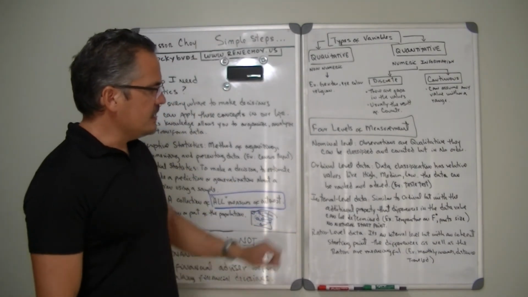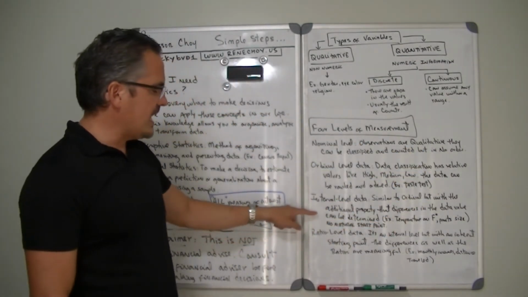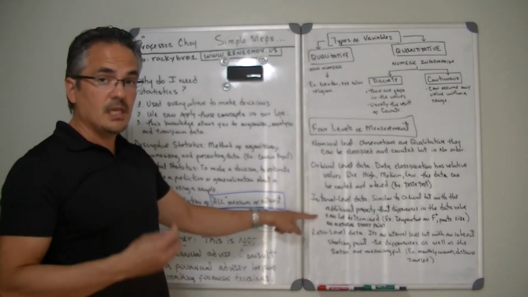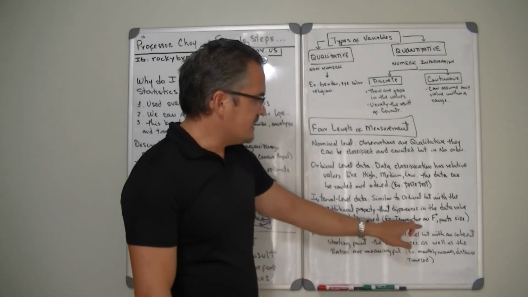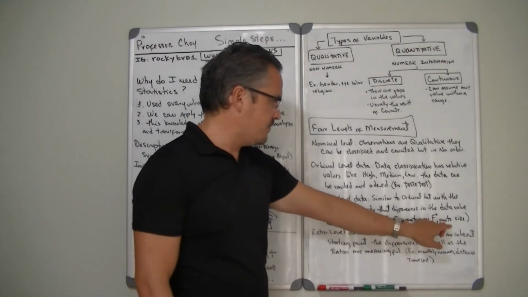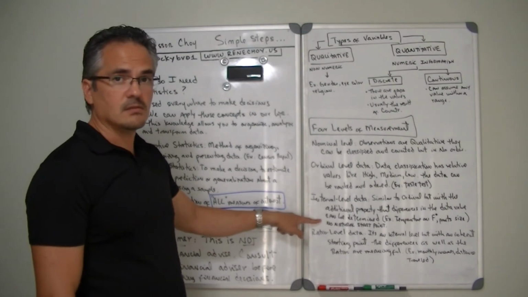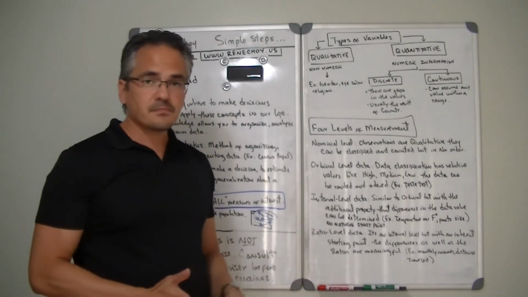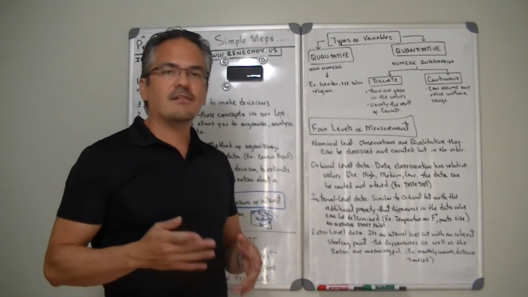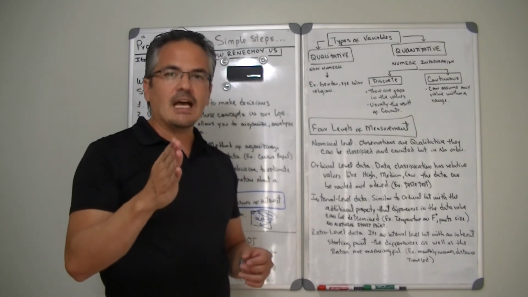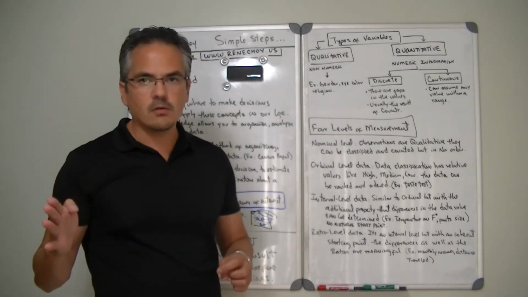Interval level data is very similar to ordinal, but with the additional property that the difference in the data values can be determined, and the difference is usually some number. For example, temperature in Fahrenheit, or the size of people's pants. Usually interval level data doesn't really have a starting point, so it could start and end anywhere. Something that's really baffling to me, by the way, is why we have small, and then after small they have extra small, and then after that they have extra extra small.